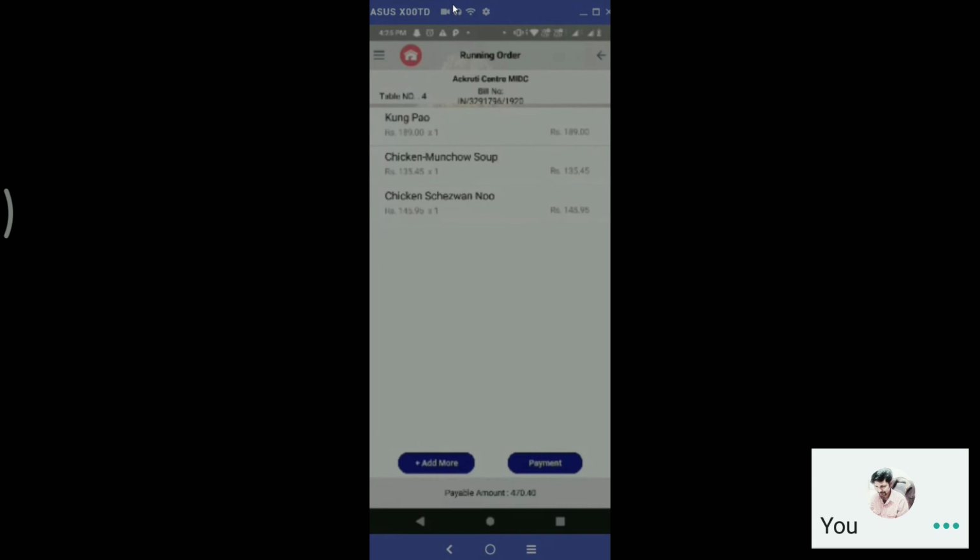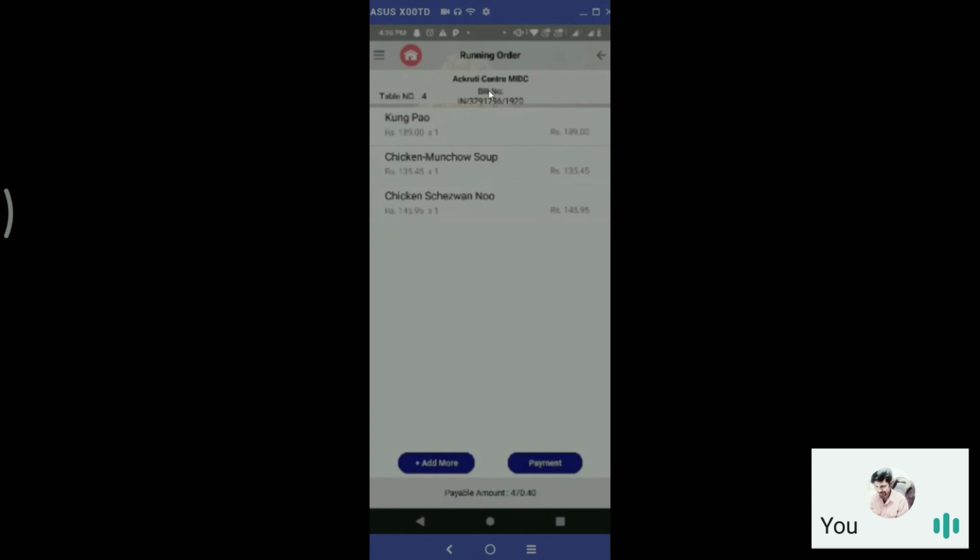See, once my order is placed, now you can see that he added one more item, Kung Pao. Okay, so I can keep on adding items on the running table. This is specifically for my fine dining. In case it is a takeaway or QSR, once you place the order, the system will force you to settle the payment. Once you make the payment, only then will it go into the point of sale system. But in the case of fine dining, the running table can keep on running.